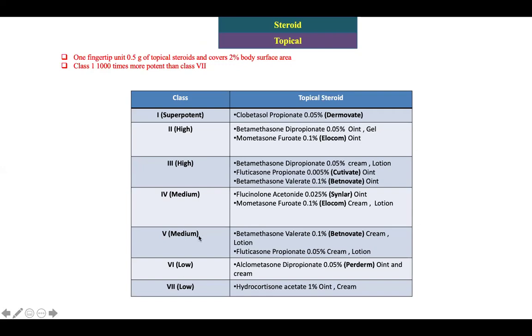Usually, with low potency and medium potency, you don't need to taper. High potency or super potent, maybe you need to taper after 2 weeks of consecutive use. Like if you're going to make it 3 weeks, maybe you will think about tapering the corticosteroid, okay? Why should we taper? Because sometimes the patient will relapse. You stop the immunity. We know corticosteroids suppress the immunity. So when you stop it suddenly after a long time, now you take out the suppression, everything will come back worse. So that's why it's important to choose your corticosteroid very wisely.